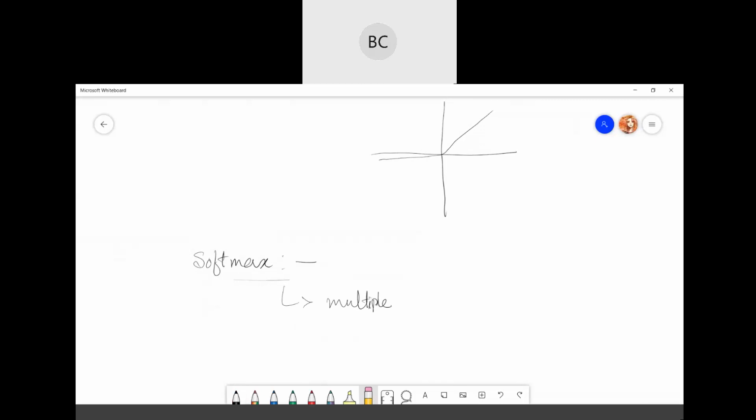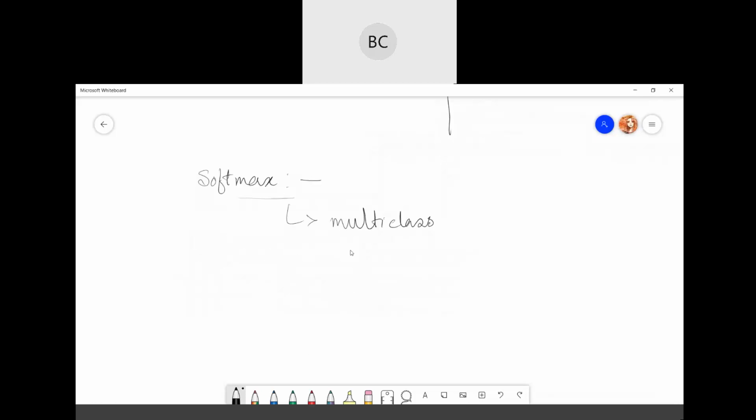multi-class problems. What is multi-class? You can also use softmax for binary classification, not a problem. But if you are doing a multi-class problem, like you have 10 classes or 12 classes, most of the time we use the softmax.